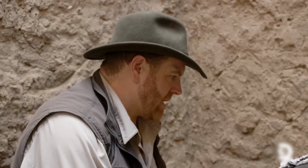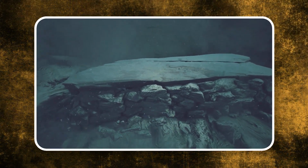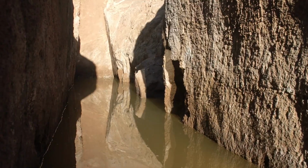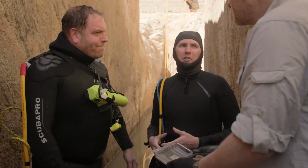The realization hit us hard. This stone lid had likely been untouched for thousands of years, possibly since the day it was sealed. The idea of what might be underneath was exciting, but also came with the realization of the risks involved. The tomb was clearly not in stable condition, and opening it might cause it to collapse, potentially losing whatever was inside forever. Considering the danger, we decided to move to a safer part of the tomb to discuss our next